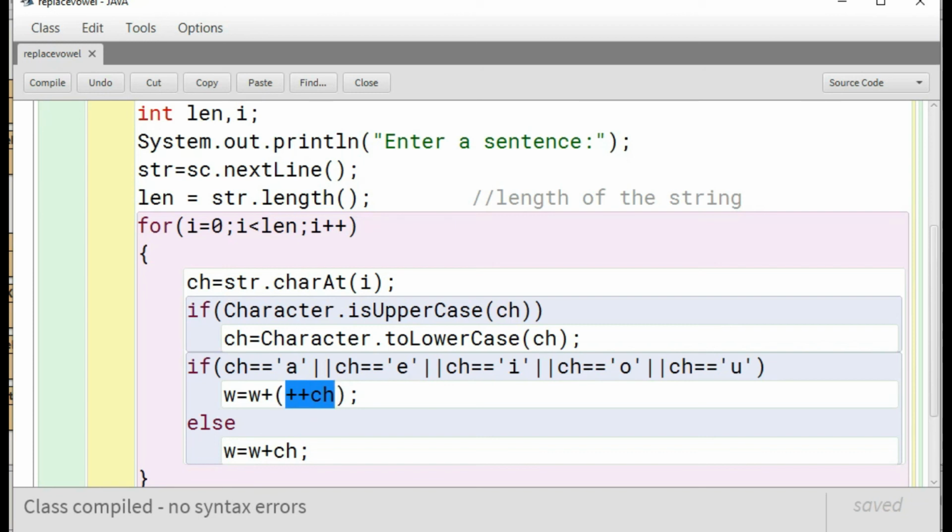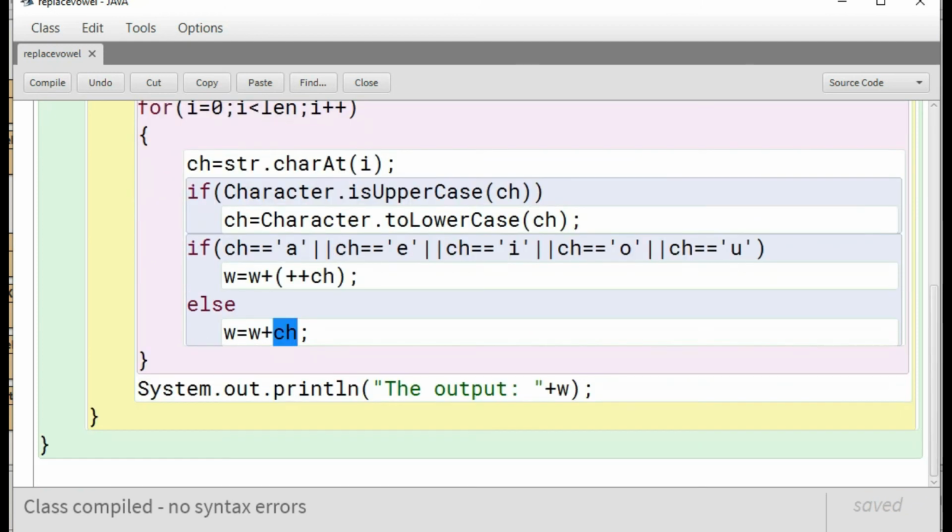After incrementing, we get the next letter after the vowel, and we are joining it to the variable w. And if it is not a vowel, then we are simply joining the character to the word w. At the end of the program, we are displaying the newly formed word.